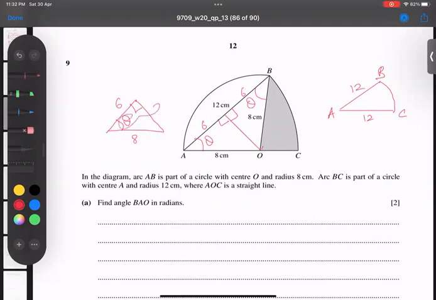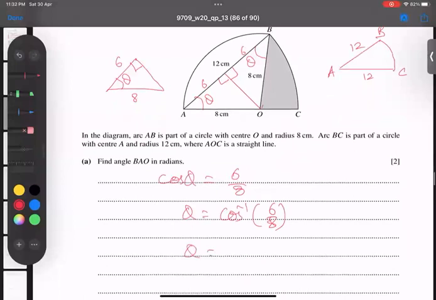This, in front of theta, is called opposite. In front of 90 is called hypotenuse. So adjacent by hypotenuse is called cos theta. So cos theta is equal to 6 by 8, and theta is equal to cos inverse 6 by 8. And make sure when you type in the calculator, this whole question we have to convert into radians, because if we do it in degrees, the answer becomes wrong. Cos inverse 6 divided by 8, and my answer is